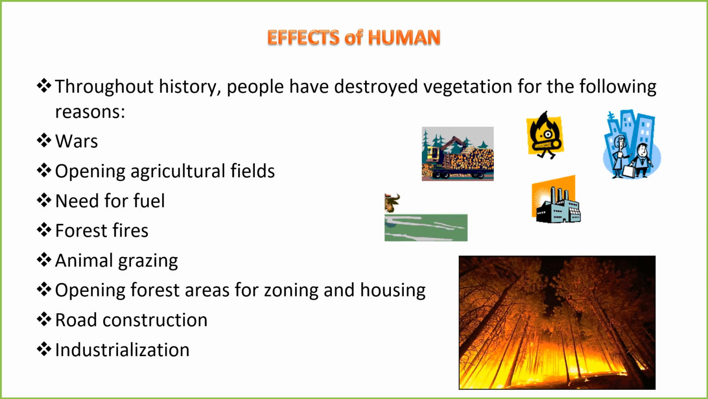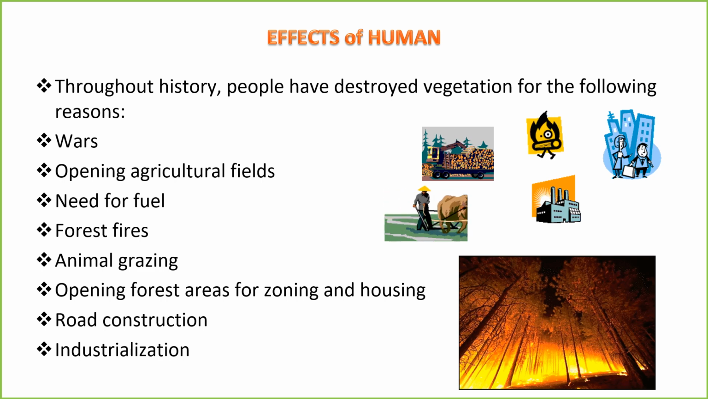10. Urbanization. The growth of cities and urban areas requires land for housing, infrastructure, and amenities. This expansion often involves the removal of natural vegetation. 11. Infrastructure development. Beyond roads, various infrastructure projects, such as dams, airports, and power lines, can result in the destruction